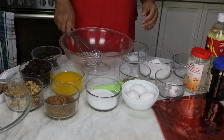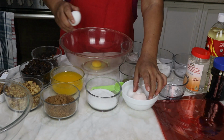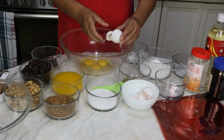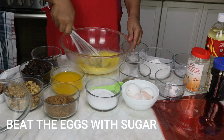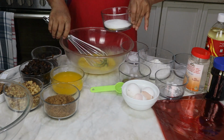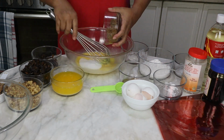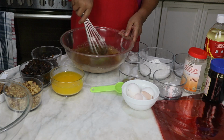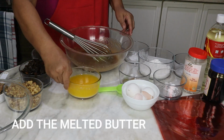Okay, we're going to start mixing. Start with 3 eggs. Beat the eggs. Then add the sugar, white sugar, brown sugar, add the melted butter,